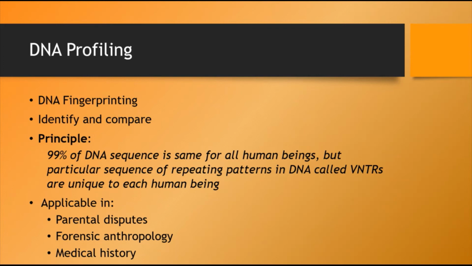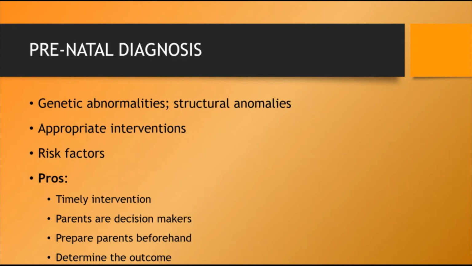Okay. Now, how is this technique helpful in human genetics? Firstly, it helps us in understanding paternal disputes, identifying the maternity and paternity lines for a person. Then it's used in forensic anthropology for criminal investigations, personal identification, etc. And it's also used in providing medical information, like if any person has a medical allergy or any form of medical history that a person bears. So that could be identified through this process.